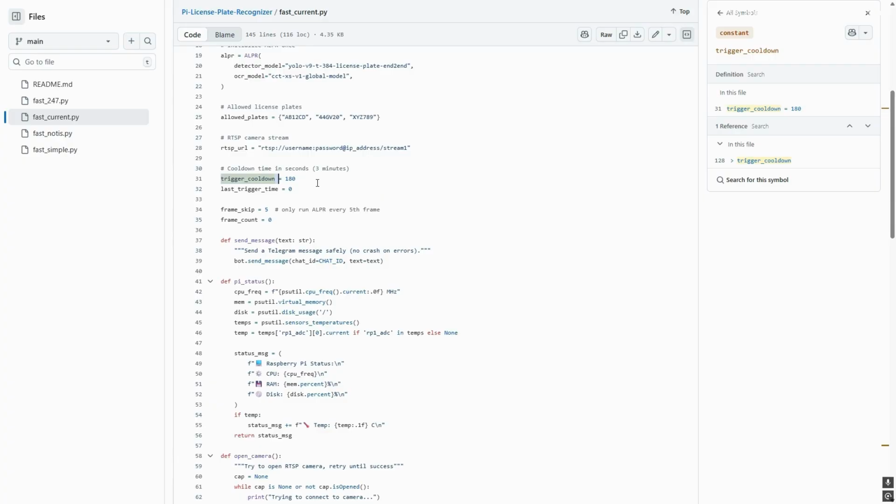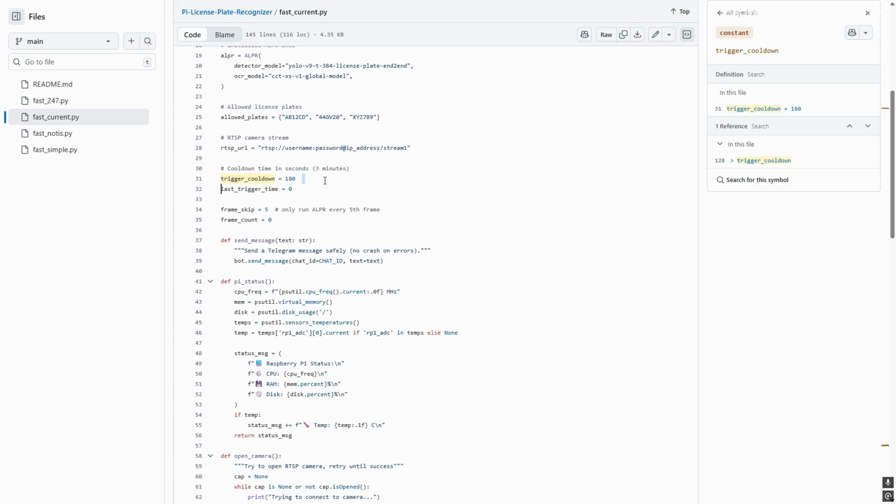To avoid these conflicts, I added a trigger cooldown of 3 minutes, which basically shuts down the code for 3 minutes. So anytime somebody walks in through the gate, recognized by the license plate, the code simply shuts down